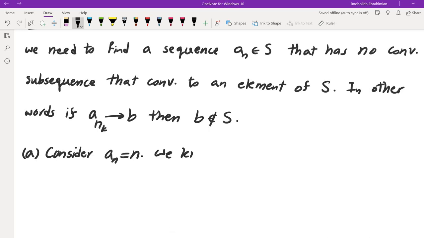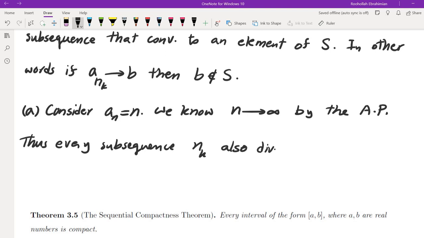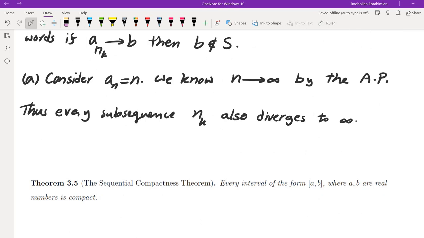We know that this sequence approaches infinity by the Archimedean property, and thus every subsequence n_k also diverges to infinity, and therefore